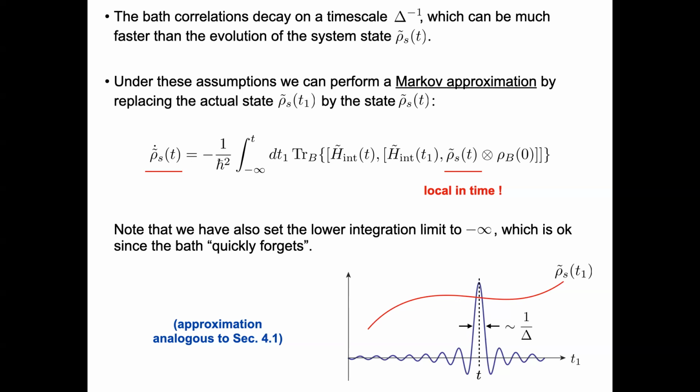But it should have a support primarily at this point in time t. And the system state evolves slowly on this scale 1 over delta. And this is, again, like in the previous calculation, at this stage we haven't shown that this is the case, but this we can then check once we derive our equation. We can go back and check that everything is self-consistent. Okay, so this is our approximation. So now, of course, what we still need to do is to evaluate this object. Okay, so what do we get here?